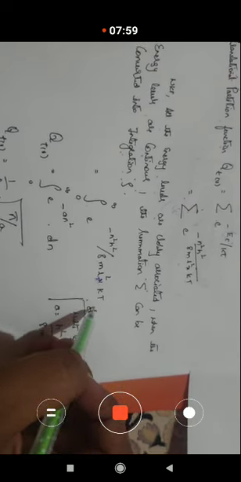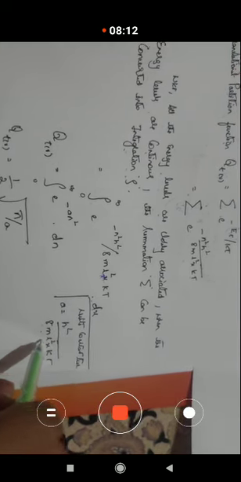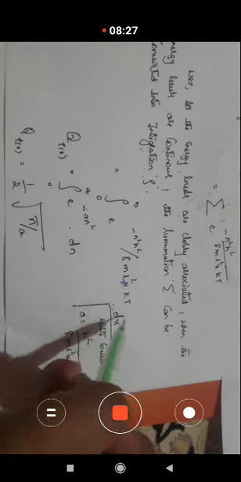For the integration you want to write the constant. Take all the constants as a. Here a is equal to h square divided by 8 m lx square into k into t, where h is Planck's constant, which is also a constant. Take it as one overall constant term. Therefore, in this equation, the integral from 0 to infinity of e to the power of minus a n square, and for n there will be a dn, just as for x there is a dx.